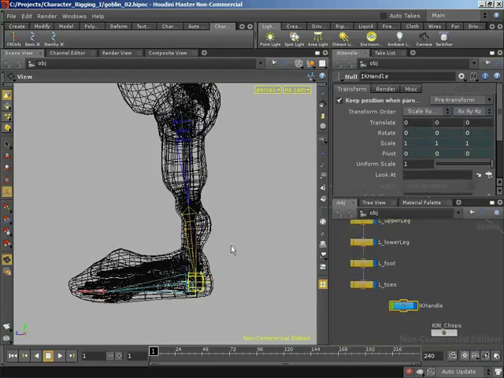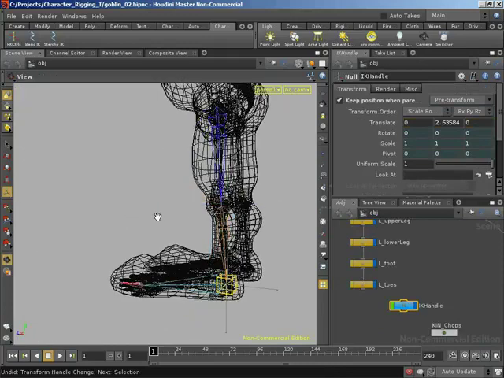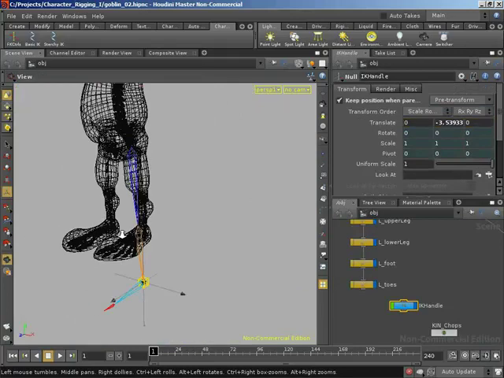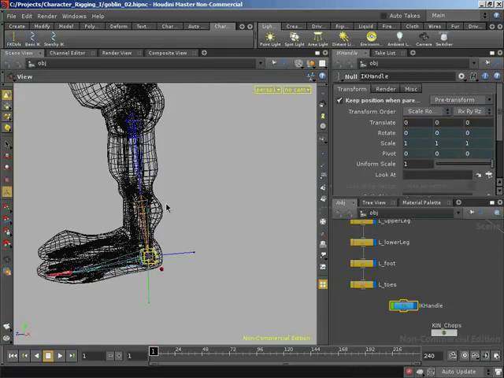We have an IK handle. If we grab that, we can see that our bones are indeed bending in the correct way for our knee. And if we were to pull that beyond the reach of our leg, you can see that our bones are indeed being caused to stretch. Fantastic. So let's go ahead and reorganize the network a little bit, rename some of the nodes that were created